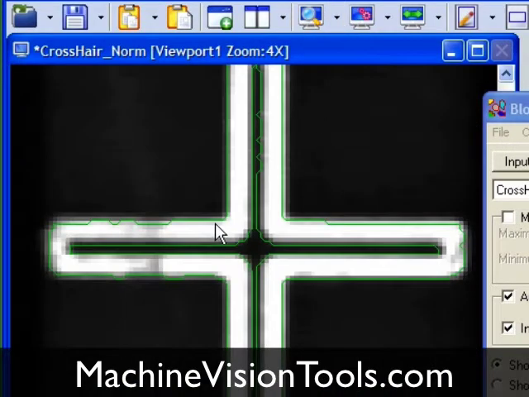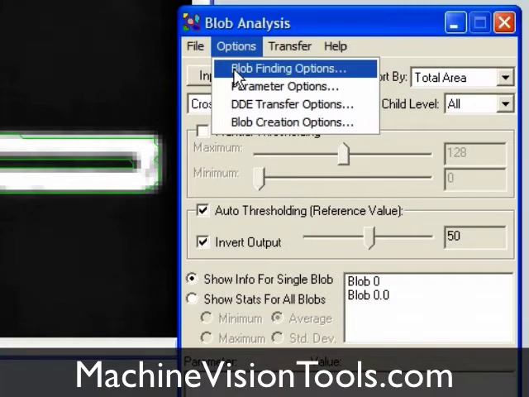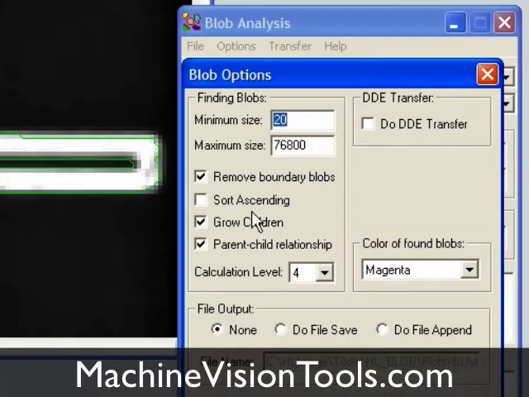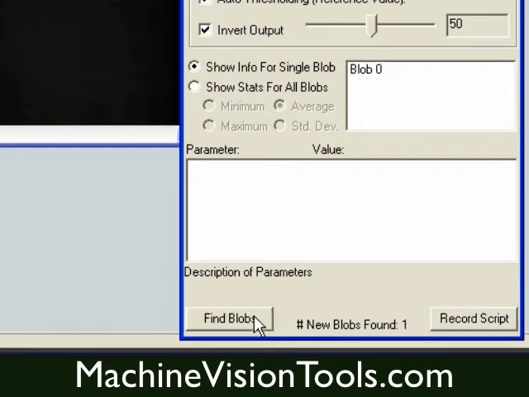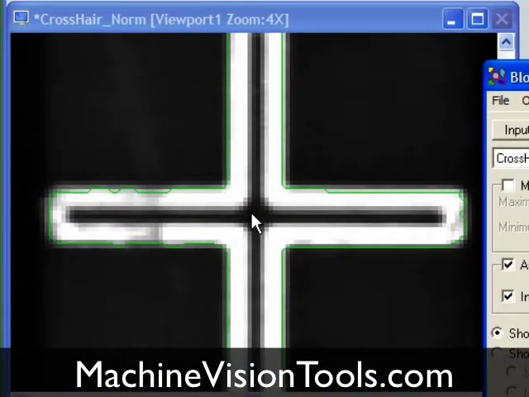As you can see, we have one blob surrounding the entire crosshair and another one surrounding the black part inside the crosshair. Since in this case we don't want the child blob, we'll open the Blob Finding Options dialog and uncheck Grow Children. Then if we click Find Blobs again, only the outside blob is found. Often this method will give you the results you need, but for this example we'd like to get rid of the little jagged line here, so we need to use a masking method that allows us to smooth out the